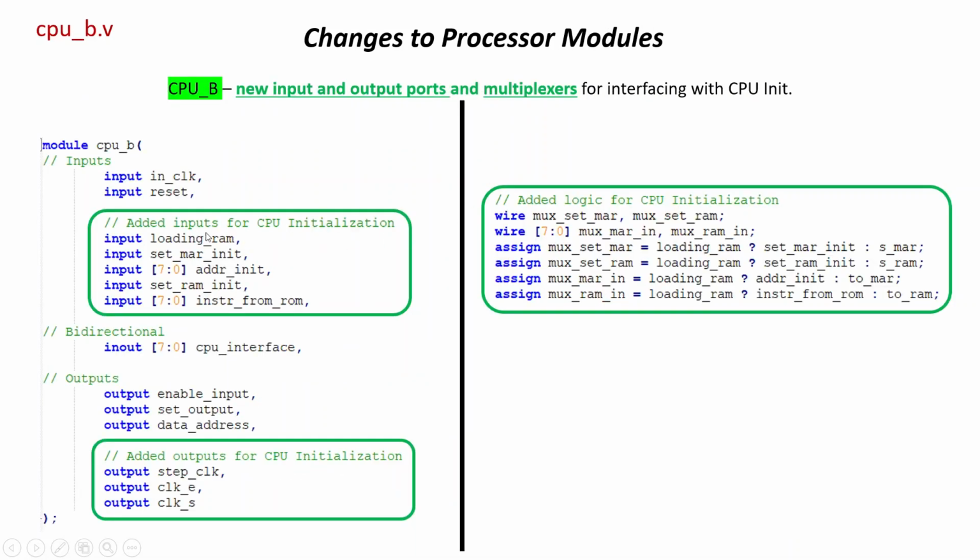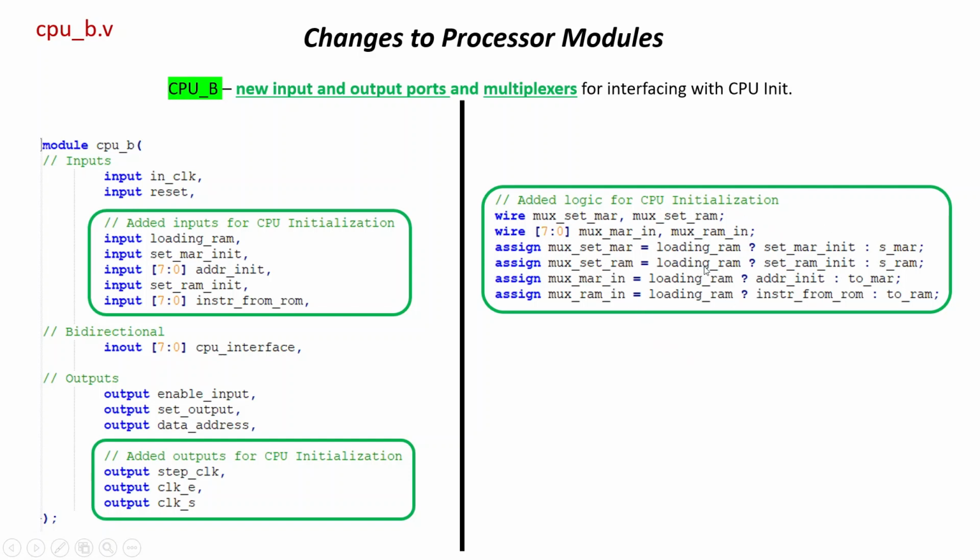And the CPU B, here are the new inputs and outputs. The inputs are all the ones from the CPU init. So it has the loading RAM status signal. There's a set address signal. There's the address, a set RAM signal, and the instruction from ROM inputted. And then the outputs are just simply the stepper clock and clock E and clock S to drive the CPU init. And I'll show you a diagram of the muxes here in a minute, but these are the multiplexers created